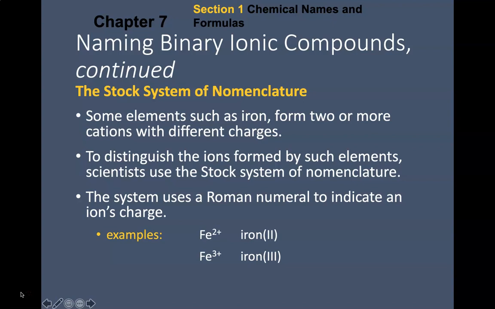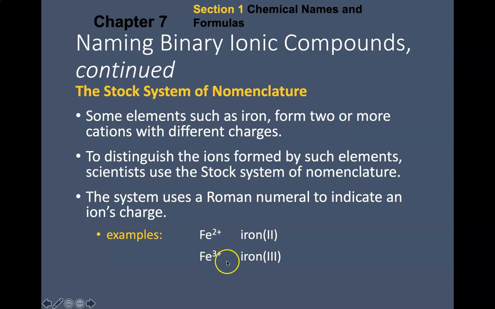So these are still going to be binary ionic compounds. They're going to be transition metals, so not group 1, 2, or 13 metals. And these are going to be the types of metals that require a Roman numeral. They require a Roman numeral because a lot of these different metals can have more than one type of charge. So we have to indicate if it's going to be a 2 or a 3, like in the case of